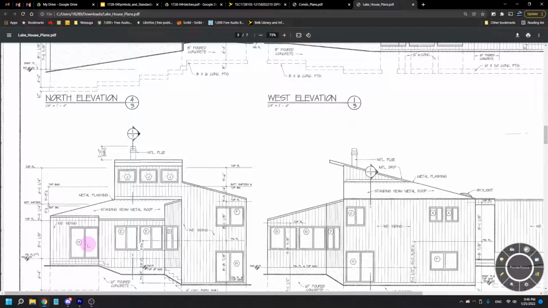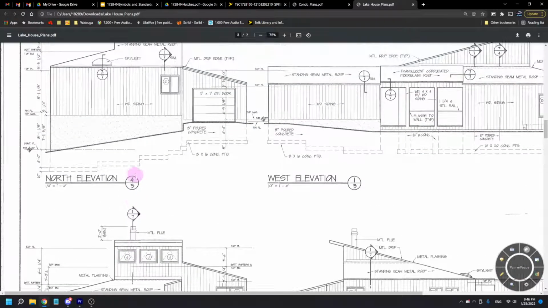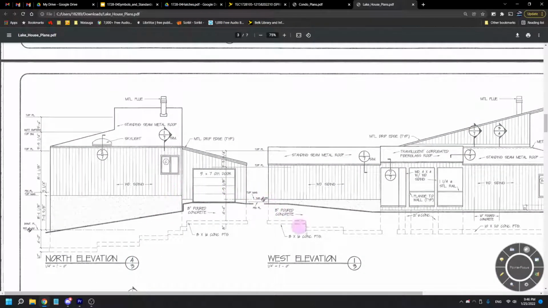So I'd have to verify from the plans and then the window schedule as well that these are sliding, because technically these could be fixed or casement. These right here would then be awning style since they have that to let me know they're hinged up here. And then